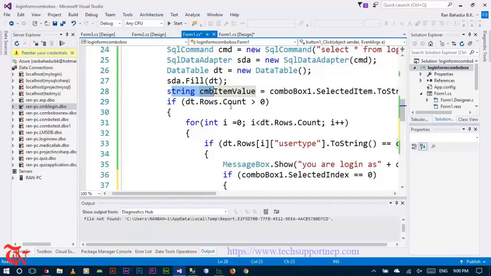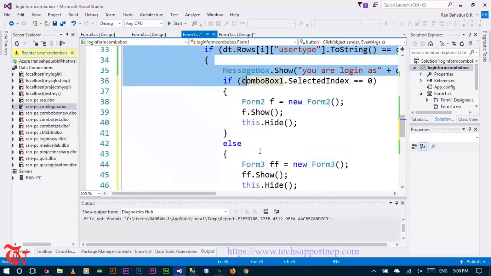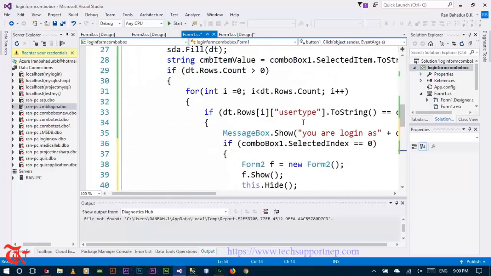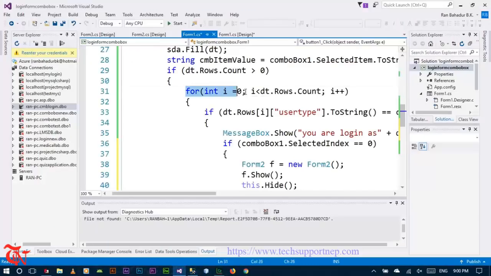And if dt.Rows.Count is greater than 0, means if the user input username and password is matched, then we are going to do this operation. Otherwise, if the username and password that the user provided is not matched, then this message will display. And then, as you can see here, there may be a number of rows in our database table. So for this, we are going to use the for loop, so that this for loop goes through the number of the rows, and then